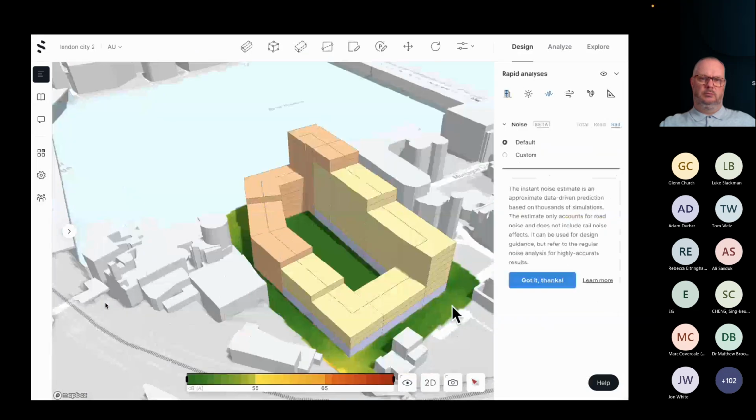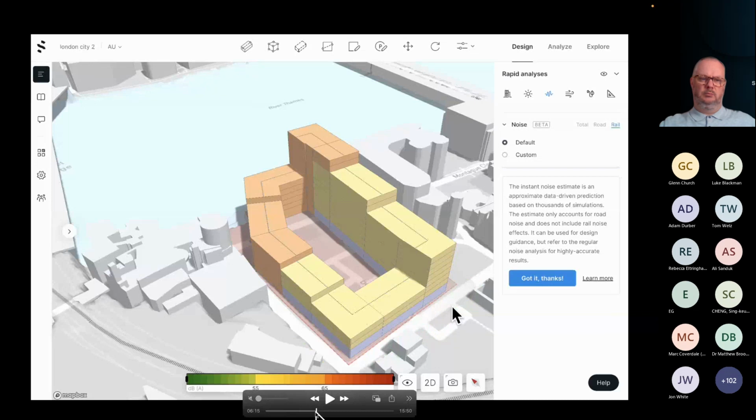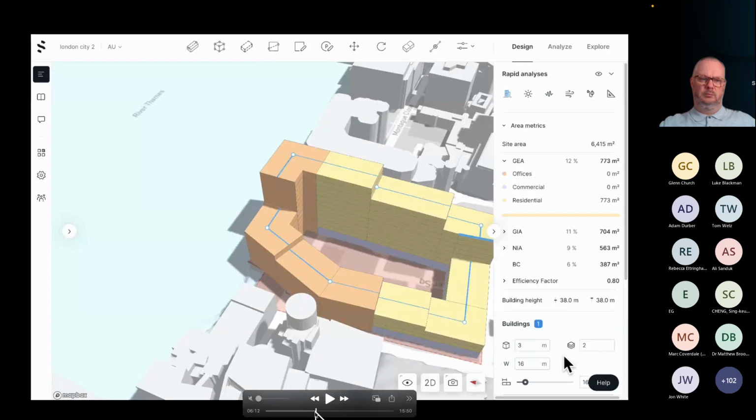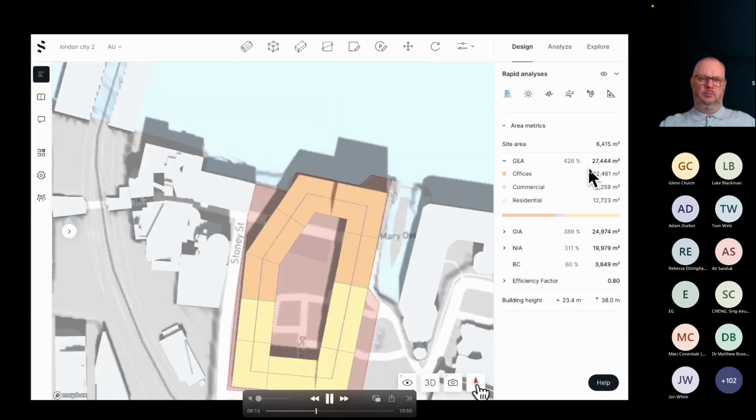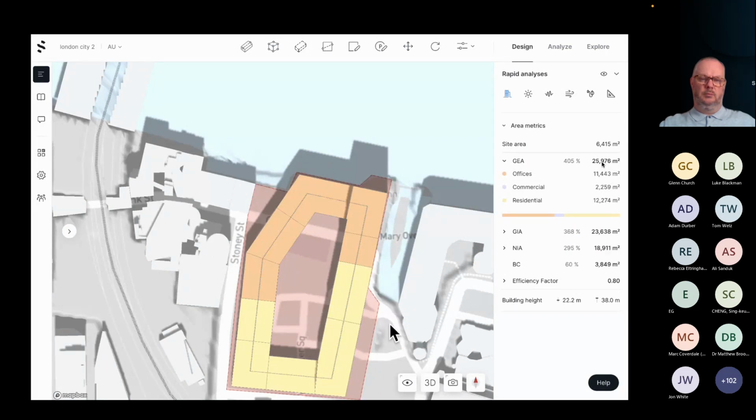I will just adjust them a little bit, and notice I will just move back a little bit the video so that you understand every time I'm doing changes, I have always full overview of the areas. Just see over here, right? I know exactly how many square meters I have on my project and exactly the split up between the different